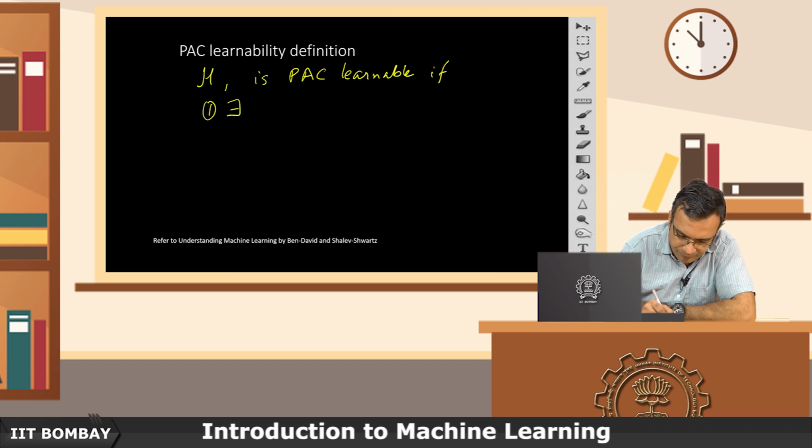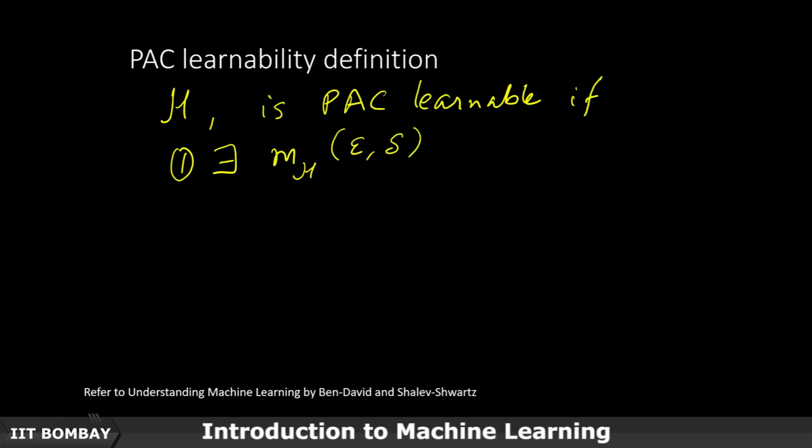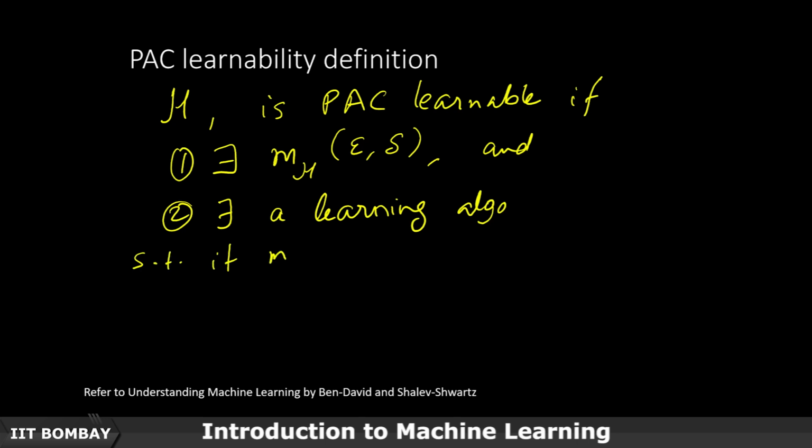There exists a function m_H of this hypothesis class over epsilon and delta, with epsilon and delta between 0 and 1, and it maps to the set of natural numbers, basically the number of samples, and there exists a learning algorithm such that if m is greater than or equal to m_H, then